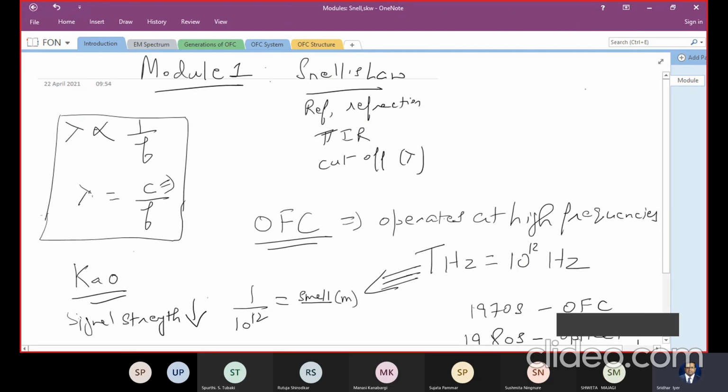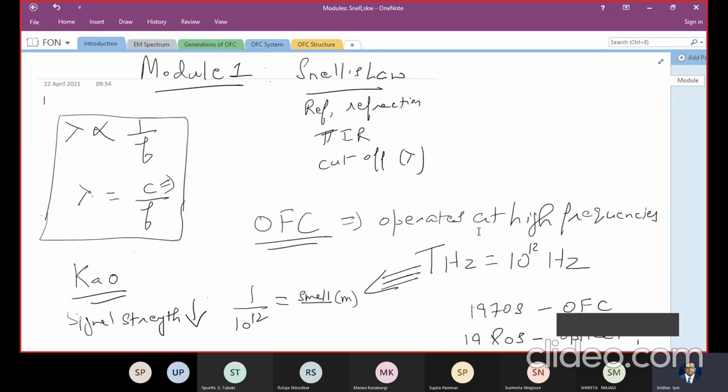Yesterday we discussed the introduction to optical communication, the subject. Then I also introduced you to the various modules and the prescribed textbooks. Today I will be uploading the e-books, both Kaiser as well as John Senior, in the Teams group, so you can download them from there. Then I also explained the structure of your exams.